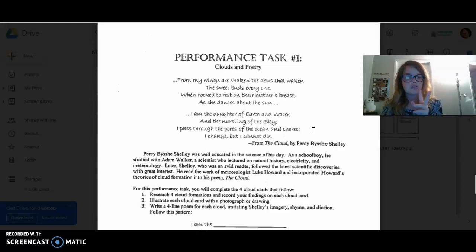So they were both during the Romantic period. Percy Shelley was really well known, really well loved, and he wrote a lot about nature. So in here,